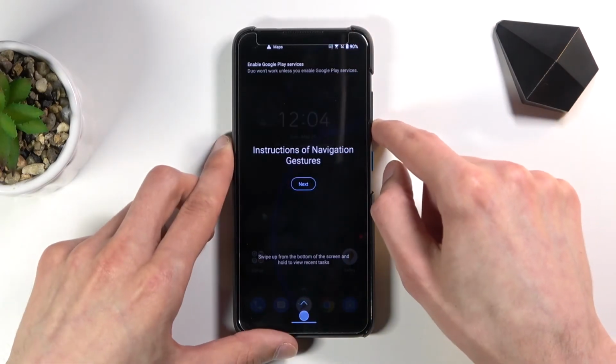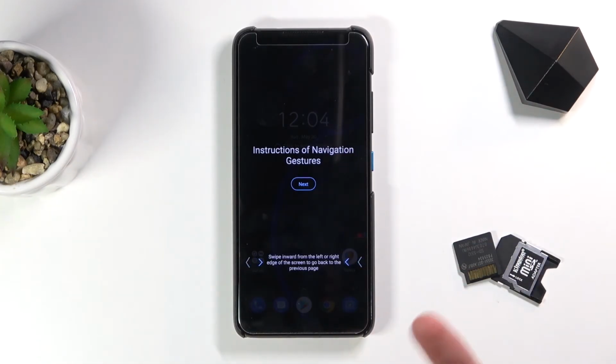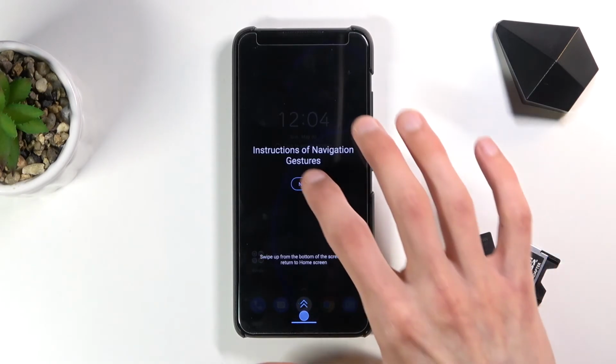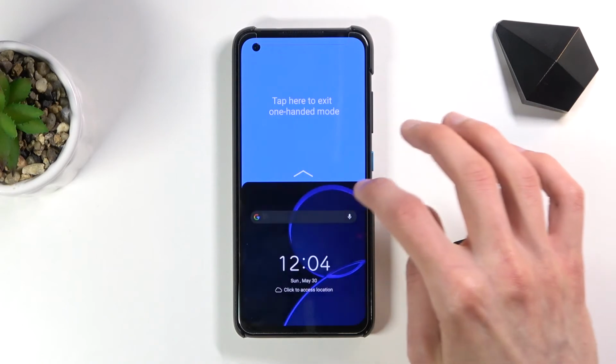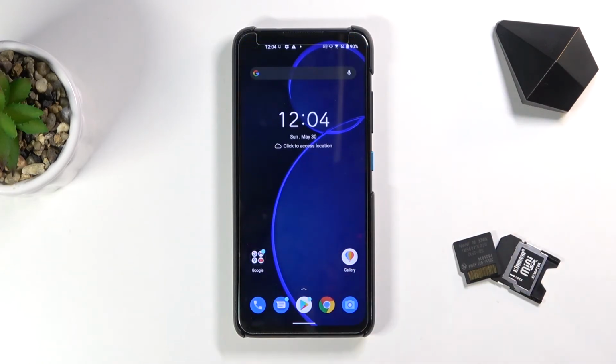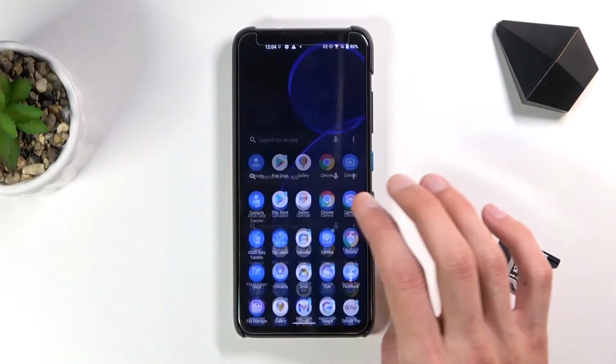That's a lot of notifications, so you probably want to mute it. It is basically saying that Google Services is disabled. That's because we have disabled it. So anyway, I'm going to tap on next, and we need to go through these. Okay, there we go. This little guide. And once you do so, you want to open up settings